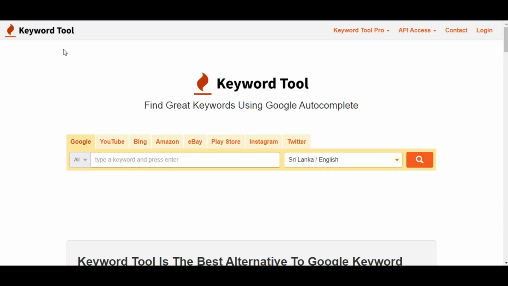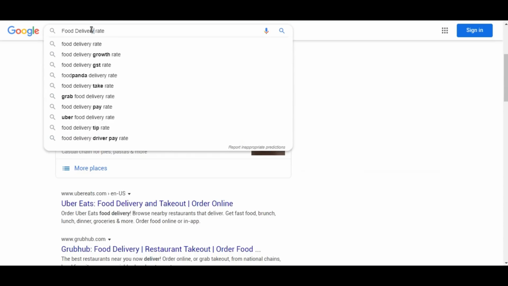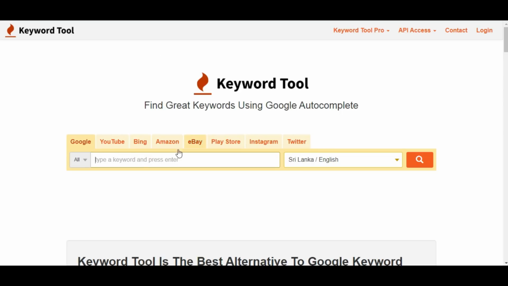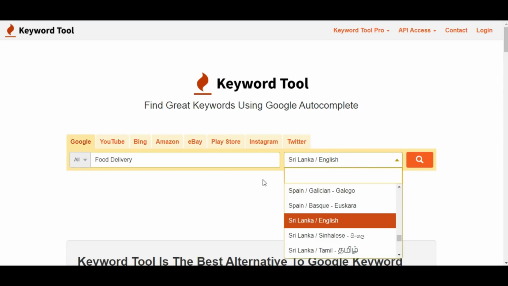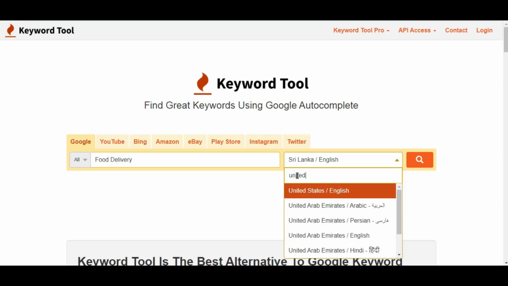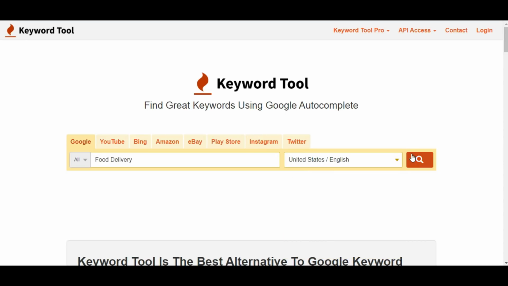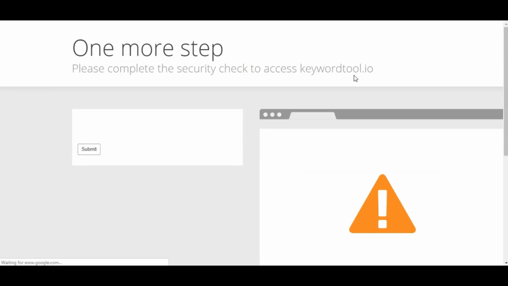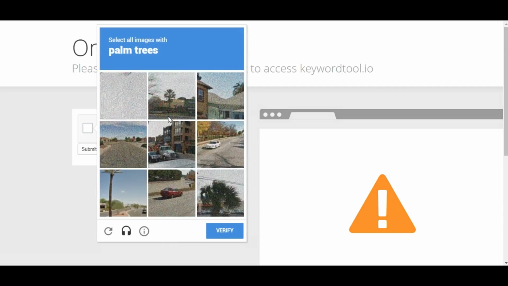So I'm going to copy my main keyword idea, food delivery, and I'm going to select United States. I'm going to generate autocomplete keywords. So I got one more step in Cloudflare, so I need to verify this first.